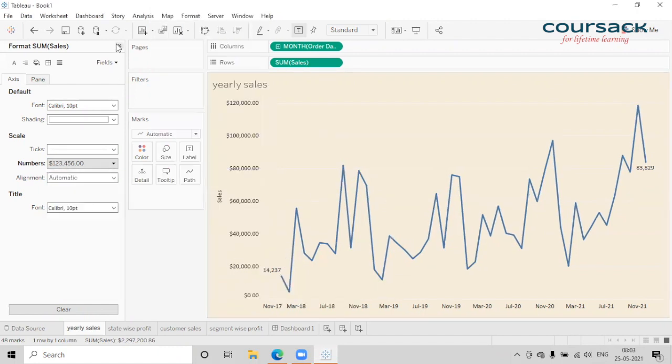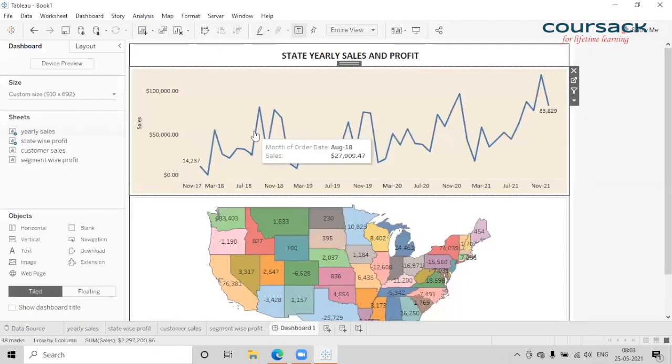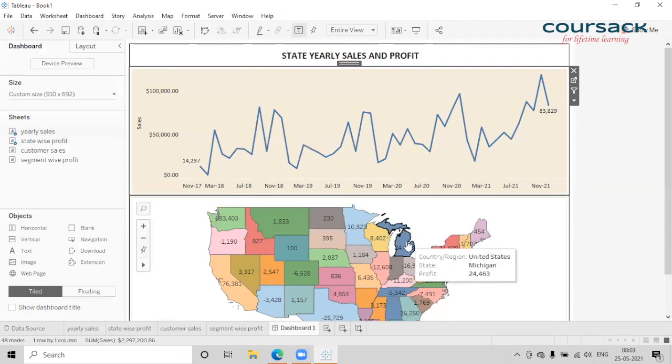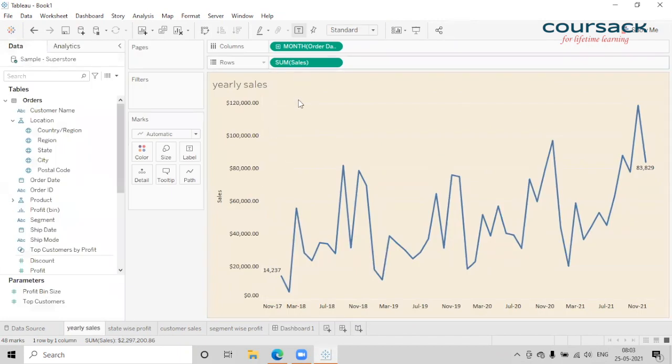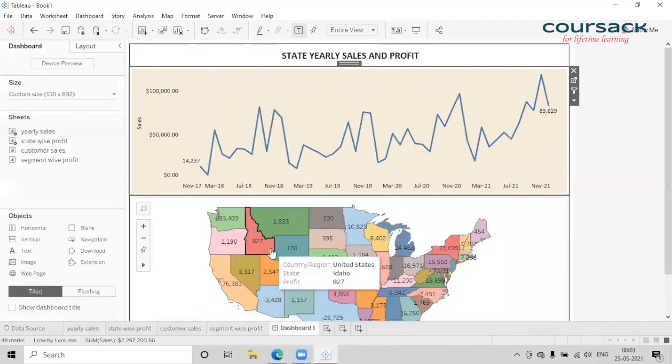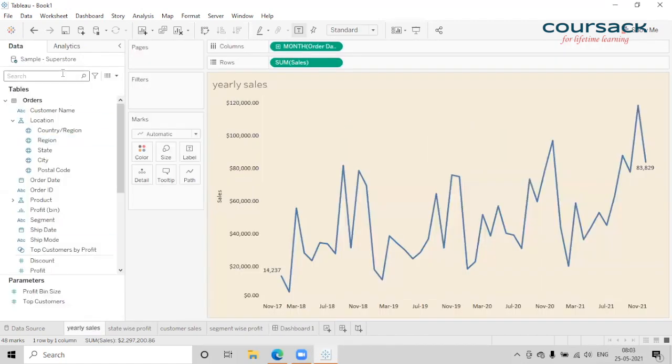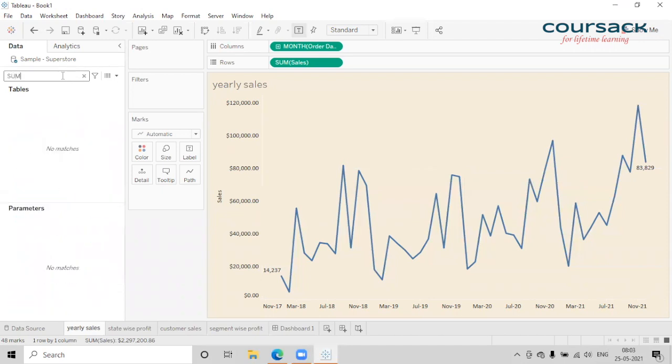Okay, so now it is showing in dollars. But you made this change in the row section, which means it's in that particular visualization only. So it doesn't get affected in other visualizations. If you want to make it global,